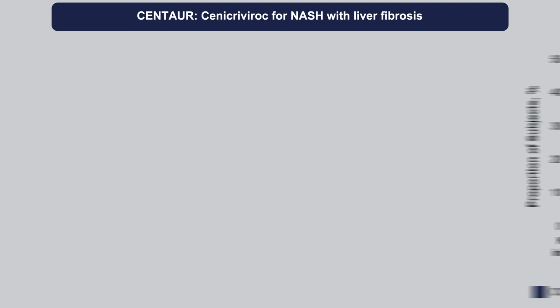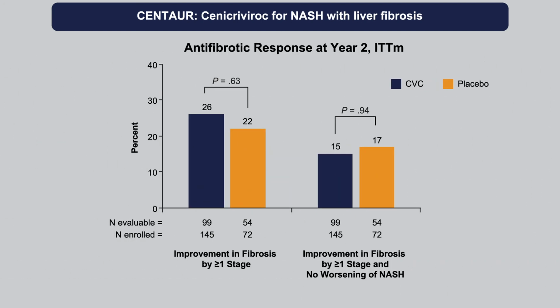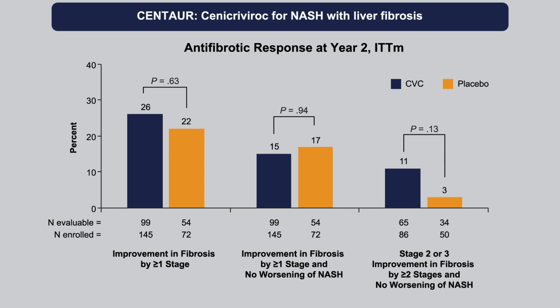The year 2 data showed that there was no significant difference in CVC versus placebo in terms of antifibrotic response. When you looked at patients who had stage 2 or stage 3 who had improvement in fibrosis by 2 or more stages without worsening of NASH, then 11% showed improvement on CVC versus 3% on placebo. There was a numerical difference, although it wasn't statistically significant, that led to the phase 3 continuation and currently the